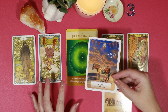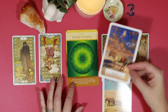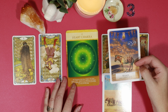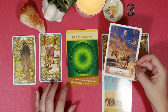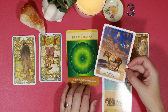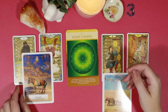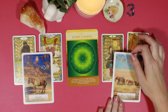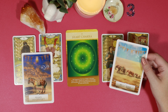Or I just kind of feel like the information that you're waiting for isn't even what you personally want to hear. You know what I mean? Like you're waiting for maybe a job opportunity, and it's like, do you even really want that in the long run? Is it really who you're supposed to be? Is it really what you want? And I just feel like there's an element here of you needing to discover that. That's why I feel like this week is a little bit uncomfortable on some fronts for you,